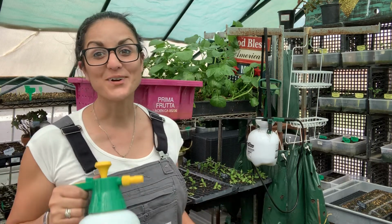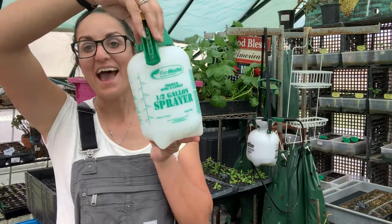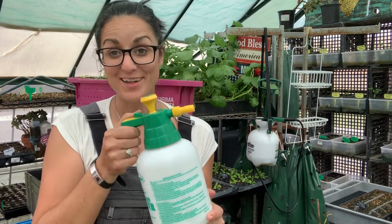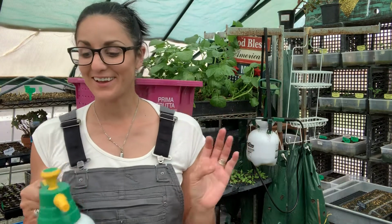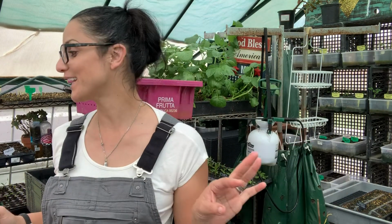Okay guys, so real quick, I just gave this little half-gallon sprayer, it's called a Flowmaster, a good run, and I love it. This is now my new favorite greenhouse tool, gardening tool, farm tool. I'm telling you guys, in the summertime,